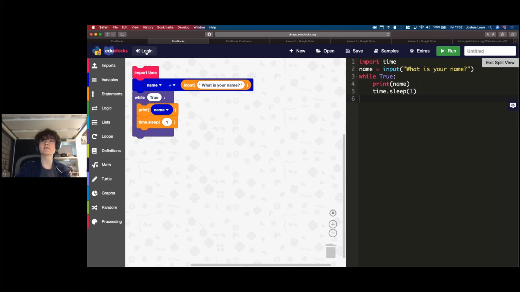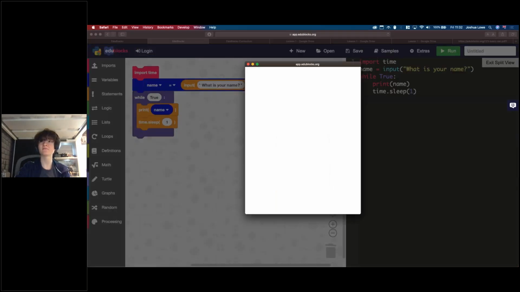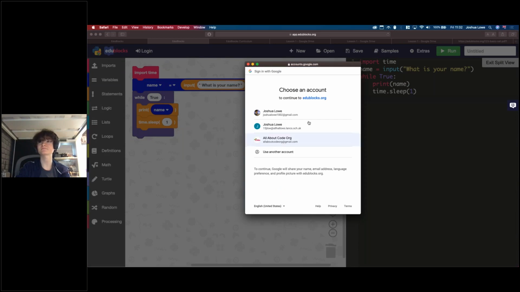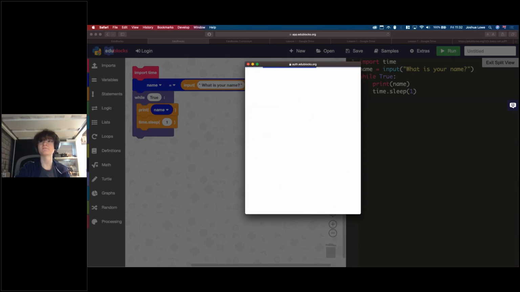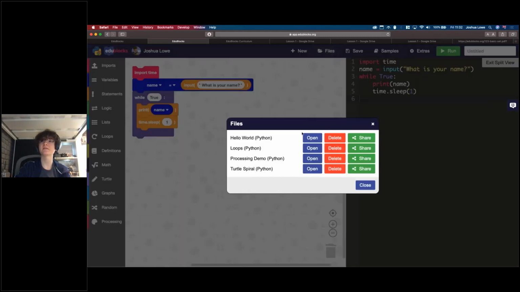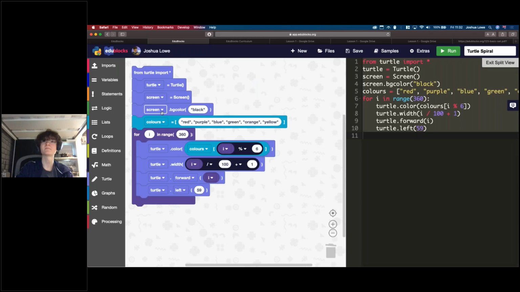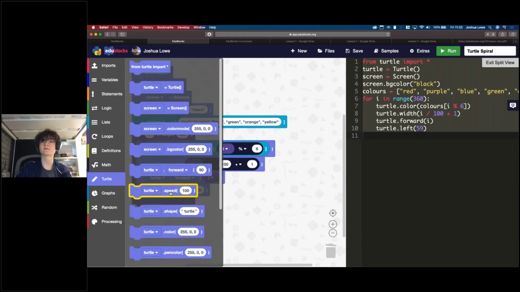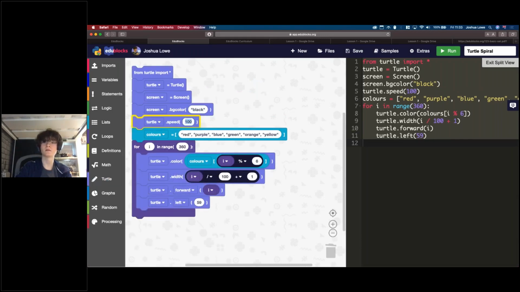And I'll show you the Google Classroom integration. So if I log in with my Google account here, select the right one, and then if I press files, you can see I've got all of my files here. So if I open my Turtle Spiral program, then add something in here, 0, then run that. You can see that that will do the turtle spiral that I showed in a few